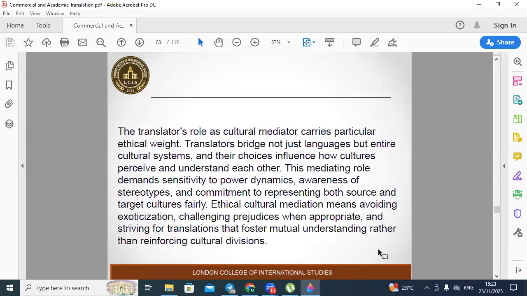The translator's role as cultural mediator carries particular ethical weight. Translators bridge not just languages but entire cultural systems, and their choices influence how cultures perceive and understand each other. This mediating role demands sensitivity to power dynamics, awareness of stereotypes, and commitment to representing both source and target